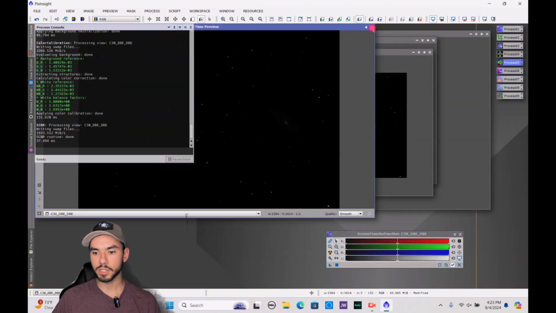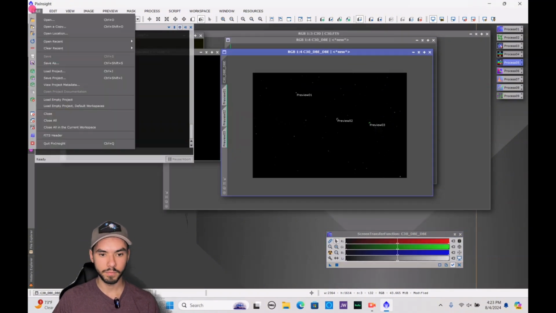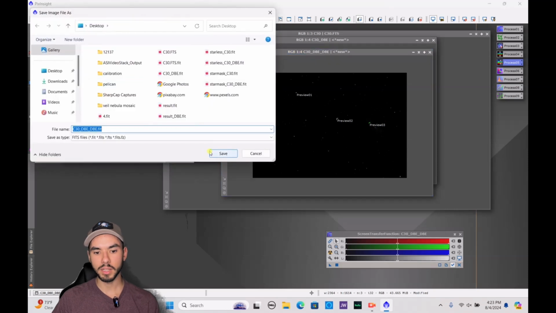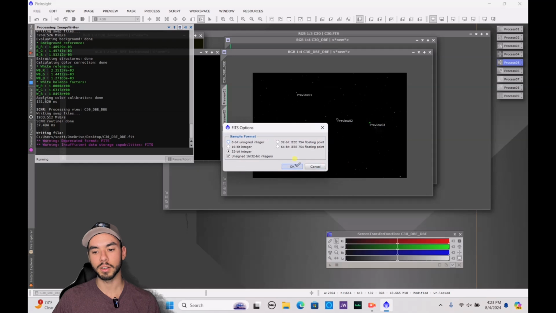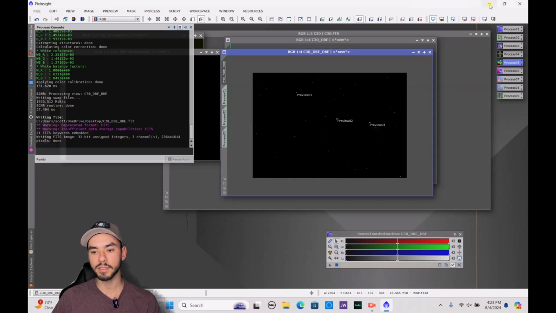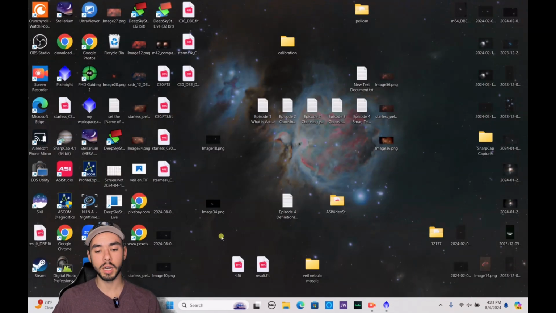Because for now, we're just going to save this, save as. You want to make sure you have it saved as a FITS file, and we're going to take it into Siril to use for StarNet. Now, you can use StarNet on Pixinsight, but you have to install all the modules for it, and for me, for some reason, the modules are not working correctly. So I just take my file back into Siril,